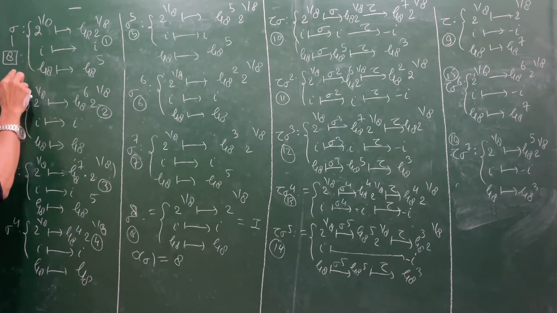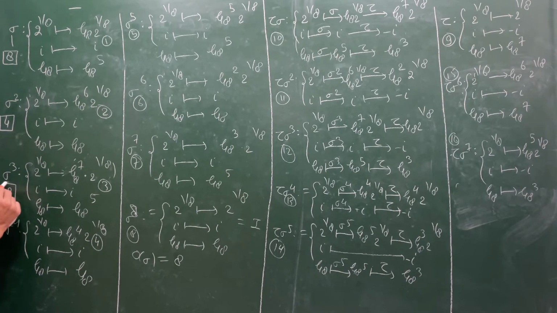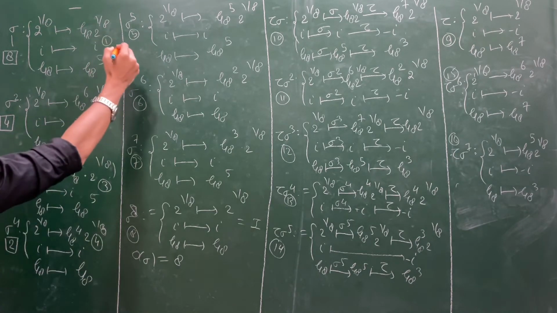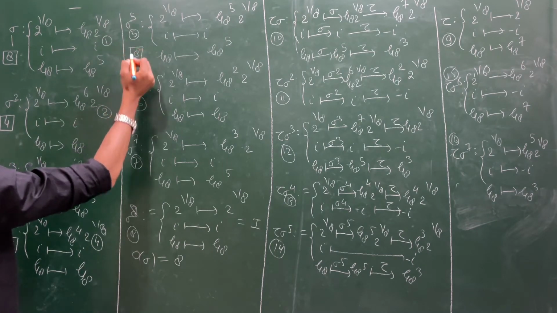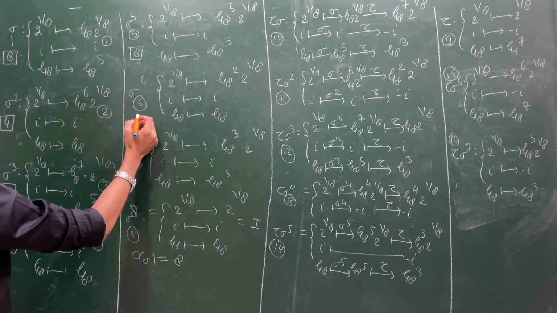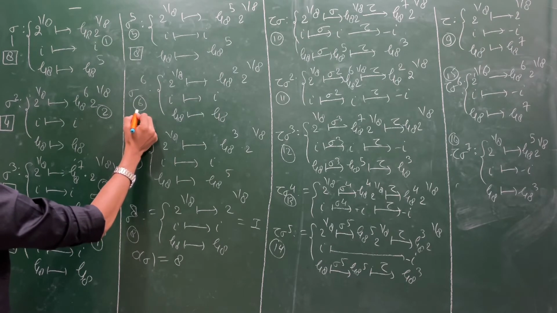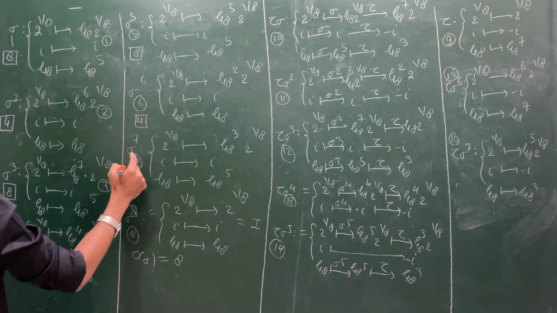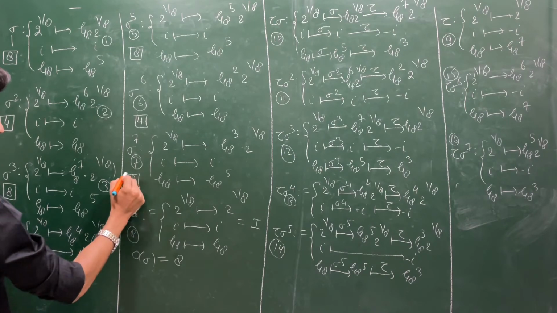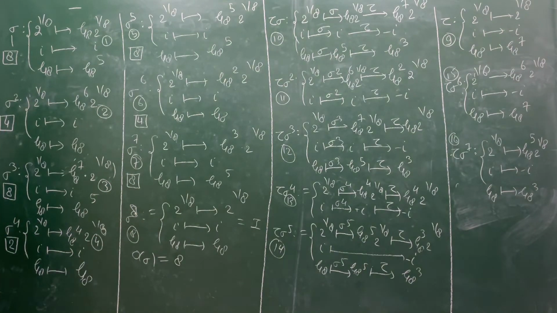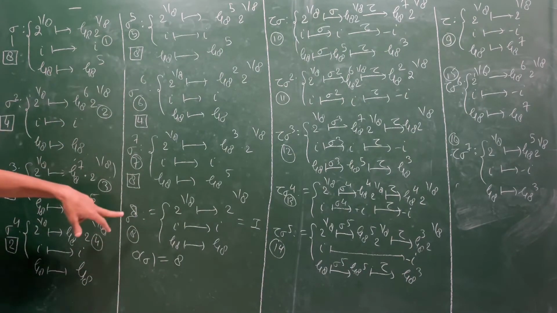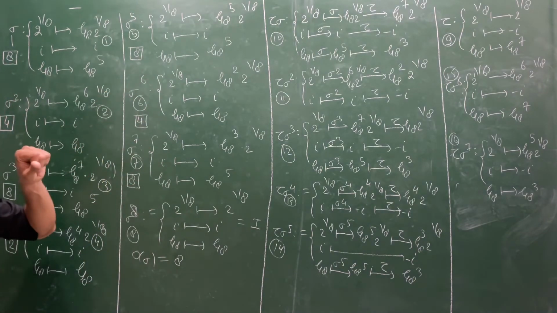See, this I am blocking inside the box. Sigma squared, if you see, is an order 4 element. This sigma cube, you can verify, is an order 8 element. Sigma 4 is an order 2 element. Sigma 5, you see, is an order 8 element. This sigma 6, if you see, is an order 4 element. Sigma to the power 7 is an order 8 element. So the order of sigma is 8, and I have written down the orders.